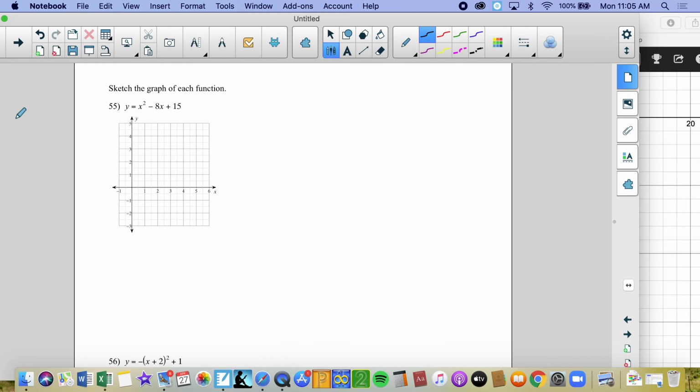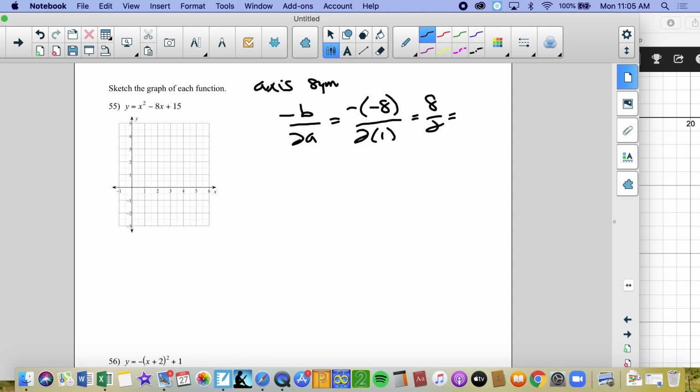All right. And last, we still have more. So it's in standard form. Let's graph that parabola. Remember, when graphing the parabola, it's in standard form, so we're going to find the axis of symmetry. It's the opposite of b over 2a. So opposite of negative 8 over 2 times 1, which gives me 8 over 2, which is 4. My axis of symmetry